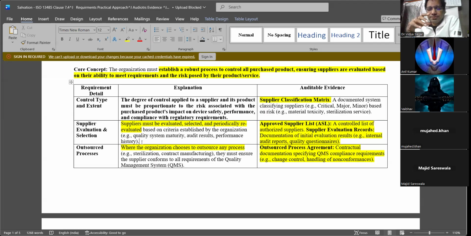Based on that, you go for supplier evaluation. For critical suppliers, it's better to have on-site audits, and check their certifications and their QMS.